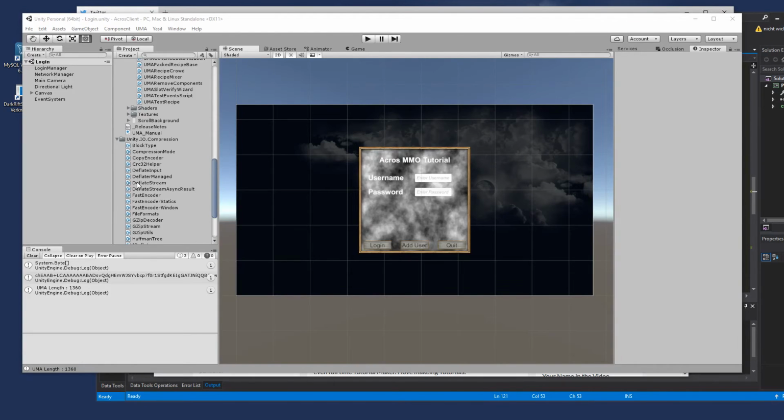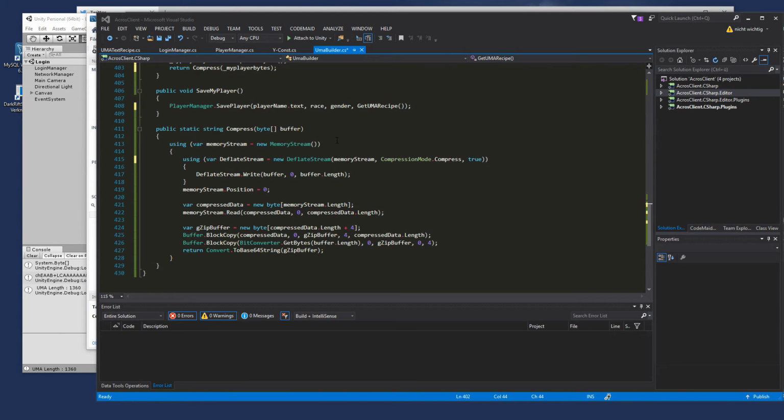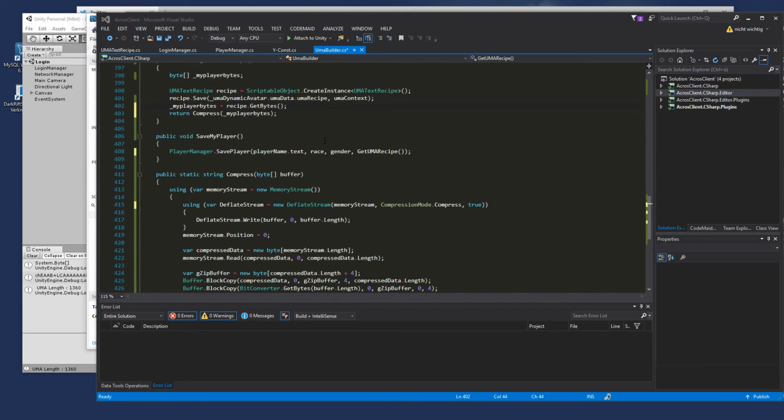For that compression to work, we need the Unity.io compression package, which is on the asset store. You just download and import it, and that's all you need. A little different is if we use this function over here and return compress UMA player bytes,